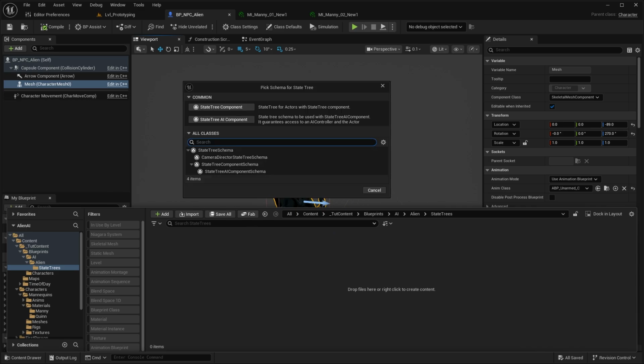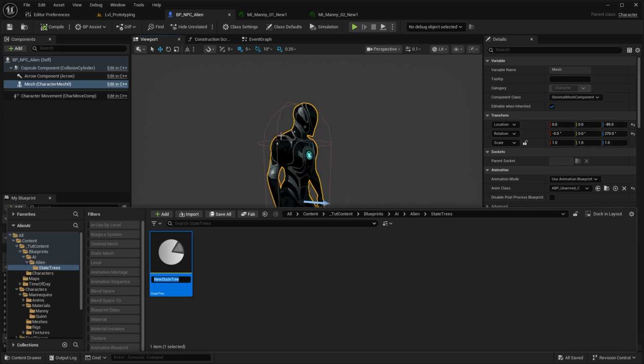Now in the previous video, we mainly focused on the state tree component, which can be added to any actor that can be placed inside the world. But this time we're going to create a state tree AI component, which can be added to an AI controller. This will give us access to many of the features and functions of an AI controller class. So we'll go ahead and create a state tree AI component, and we will call this st_alien_behavior